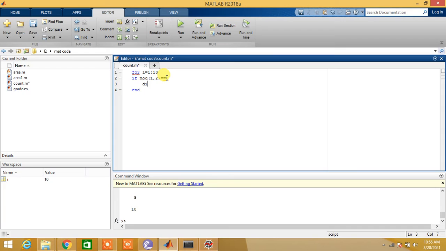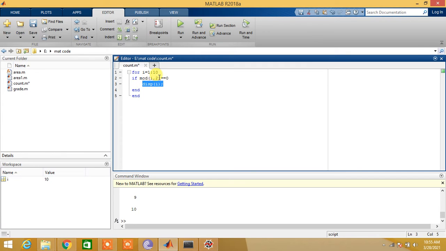We shall write display I. And we shall use end command to end this if statement. So if mod of I comma 2 is equal to 0, then the number will be printed on command window.